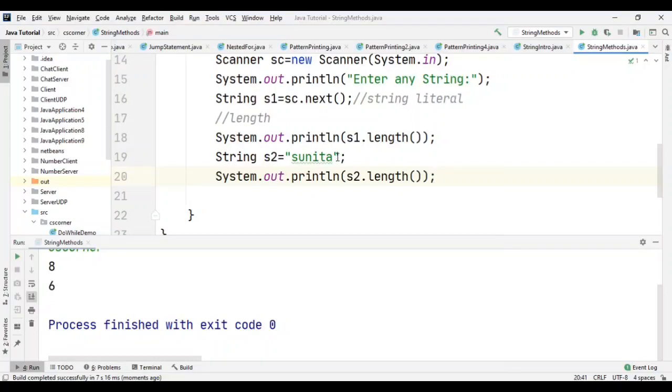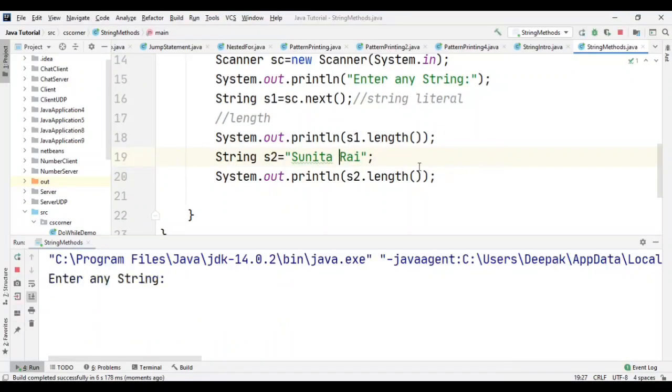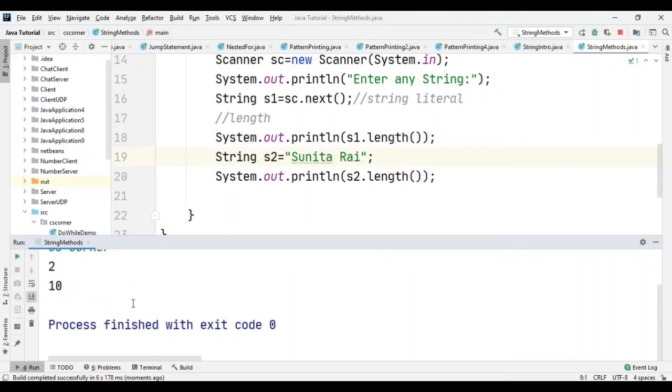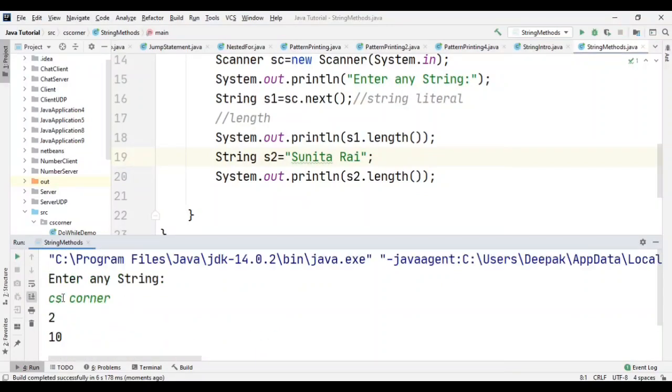One more thing I would like to show over here: you can pass spaces in a name also. Suppose I'm writing the name as Sunita Rai, and in between I'm giving spaces. So in a string you can pass spaces also. Now I'm entering CS and giving a space, then corner.